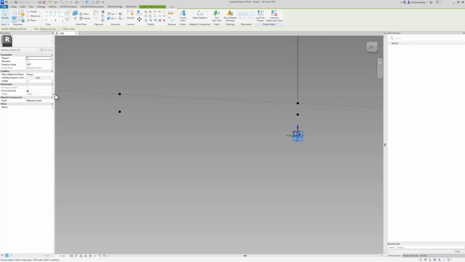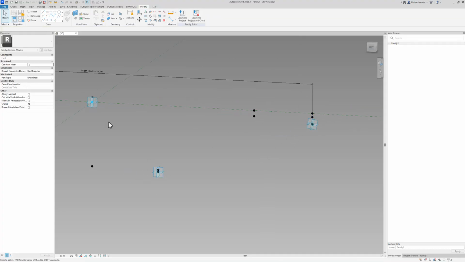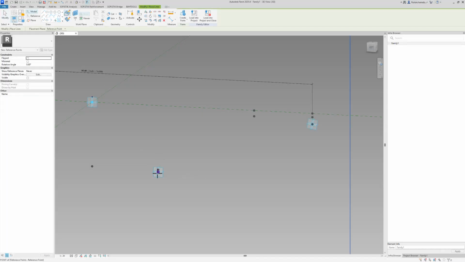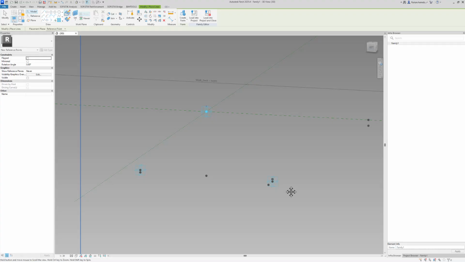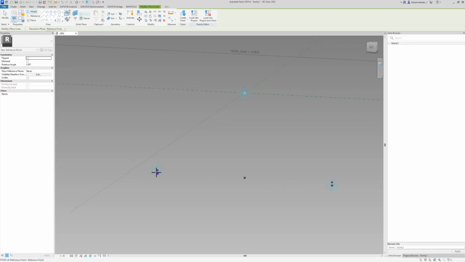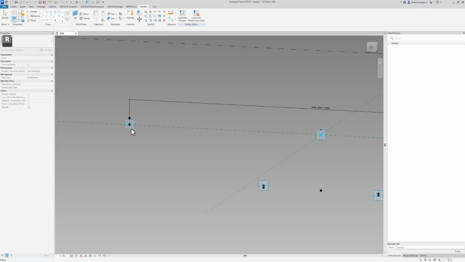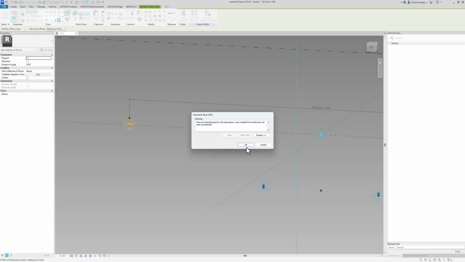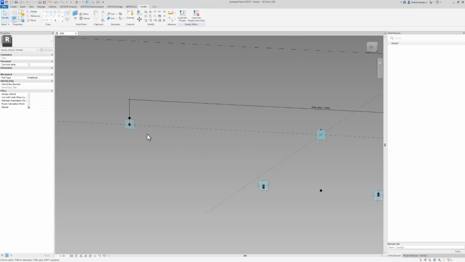I will do this for all the points that I selected here. So we want this one to rotate, we want down here another point to rotate, as well as over here. By the way, if you don't click on escape after using this command, you should be able to quickly set new planes to create new reference points.